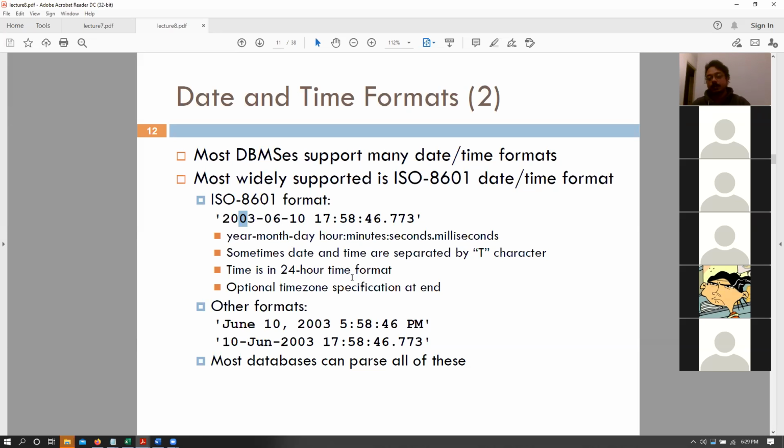As I said, your database can allow other formats as well. So you can also have names for your months like June, July, April, August, what have you. But that also means that different representations of time might result in different things. So keep that in mind. I'll give you an example. We can alphabetically sort this time format and then get them all in order.